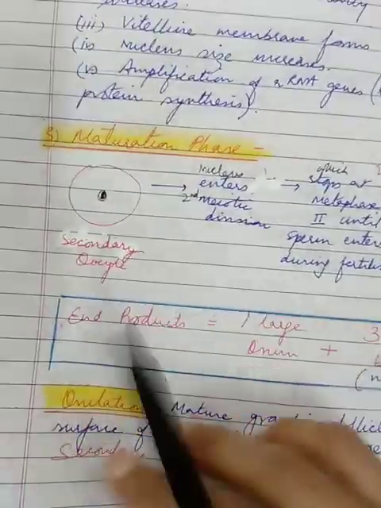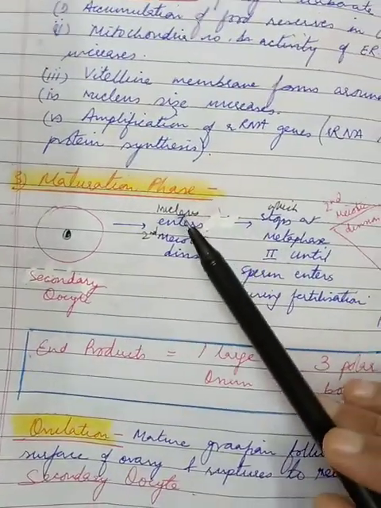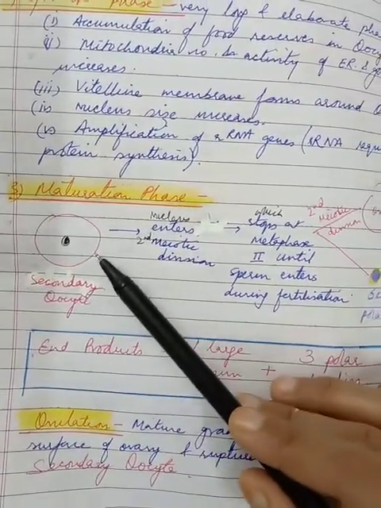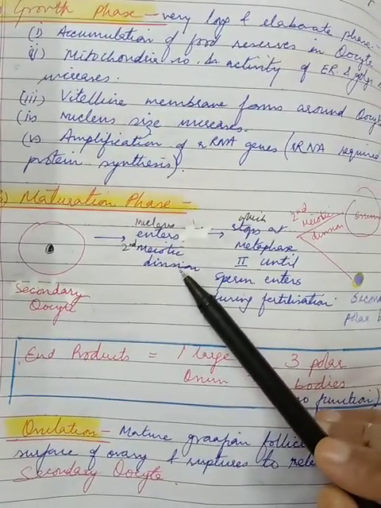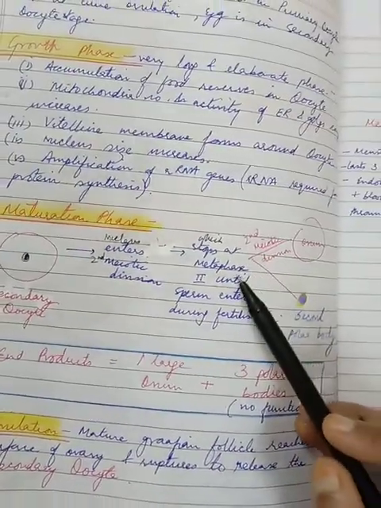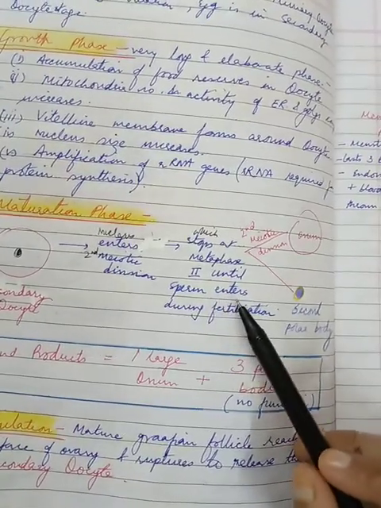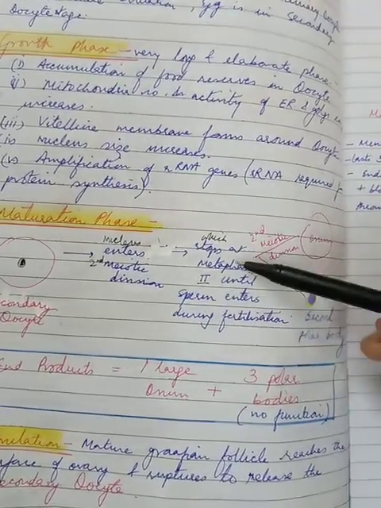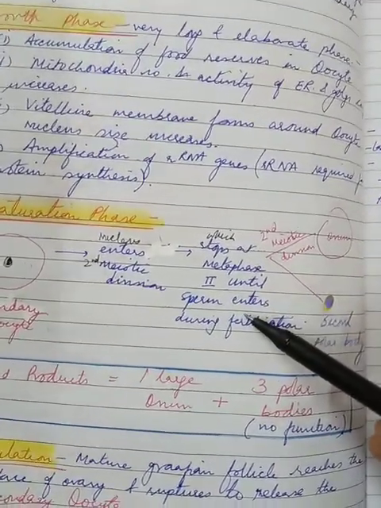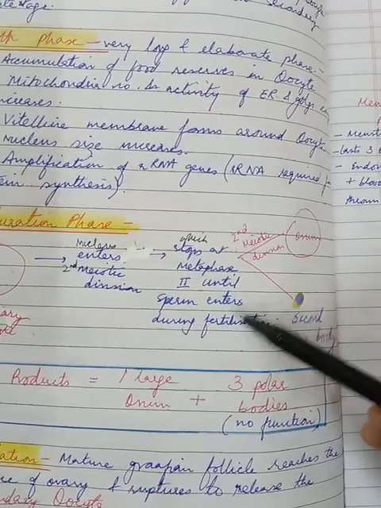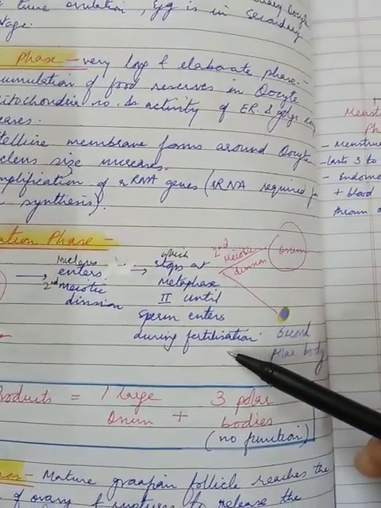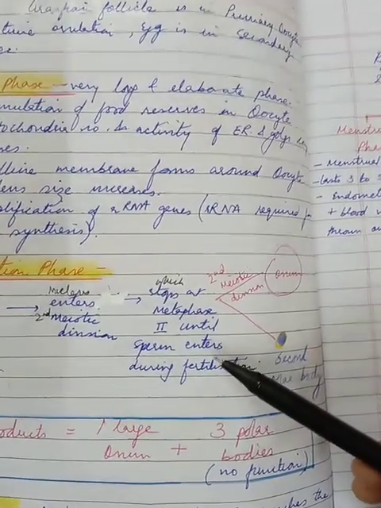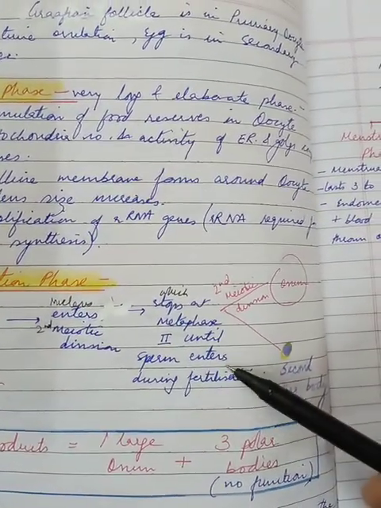Now we are talking of this nucleus further. We are going to talk about final maturation of this nucleus. So the secondary oocyte nucleus enters the second meiotic division. This stops at metaphase 2 until the sperm enters for fertilization. So again it will start the second meiotic division, but it will stop at the metaphase plate structure till the sperm enters during fertilization. That means the final division will be completed after the nucleus of the sperm enters for fertilization.